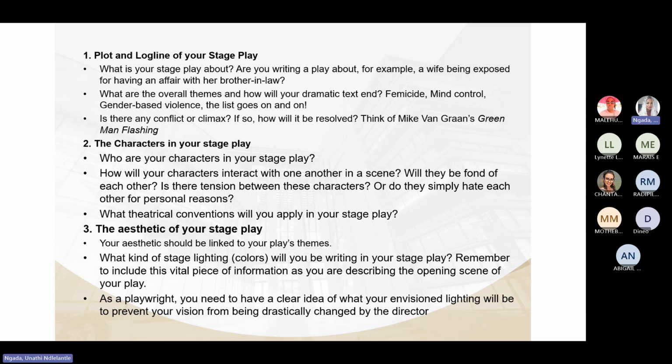I would say this particular last point is applicable in the practical sense. When you actually decide to have this play be put on the stage, this is when you, as a playwright, should take into consideration what kind of lighting am I envisioning in this play, and you kind of have to be very prescriptive about it so that the director doesn't come in and make all of these changes, and it doesn't speak to the vision that you had for this play.